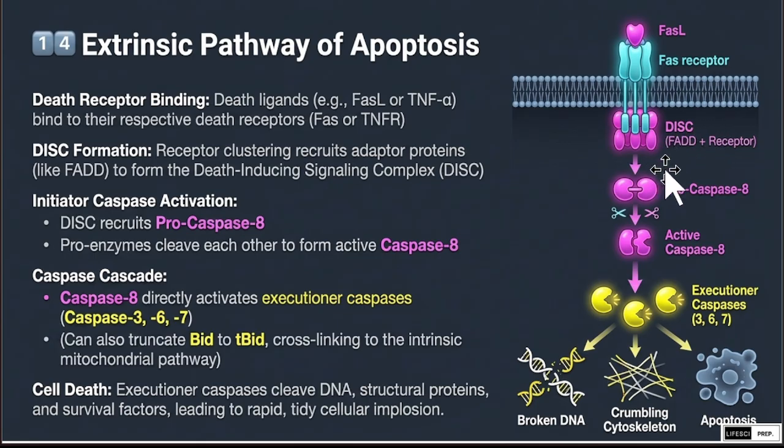After the DISC is activated, it recruits procaspase and cleaves that to form the active caspase 8. This active caspase 8 directly activates caspase 3, 6, 7, and due to this